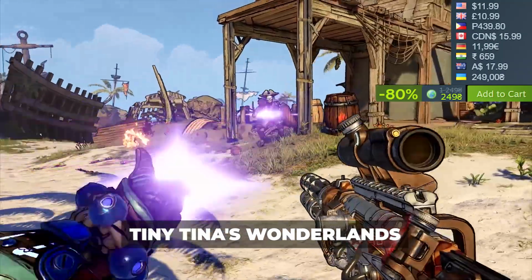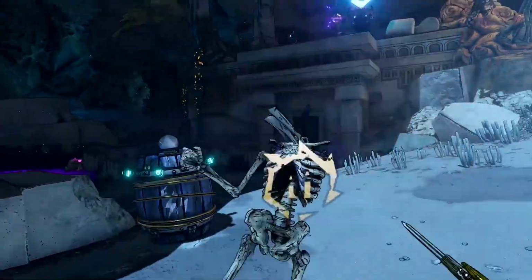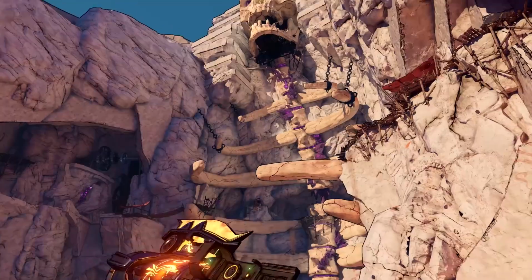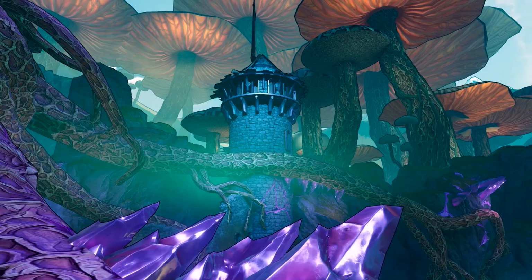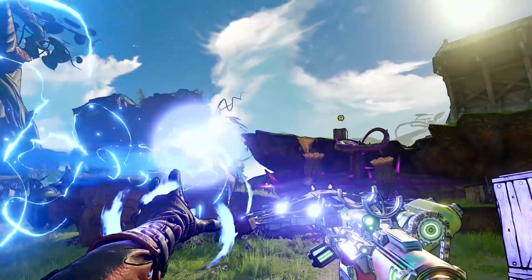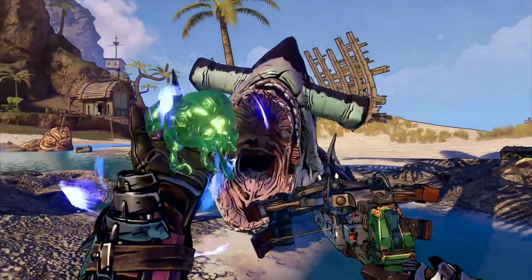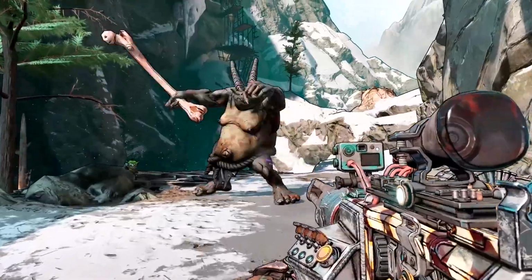Tiny Tina's Wonderlands is a fantasy-themed action role-playing game set in a whimsical and chaotic world. It takes players through a highly imaginative universe inspired by Dungeons & Dragons, featuring the eccentric Tiny Tina as the game master. The gameplay centers around fast-paced shooting, fantasy combat, and humor, with elements of traditional role-playing mechanics like leveling up, loot